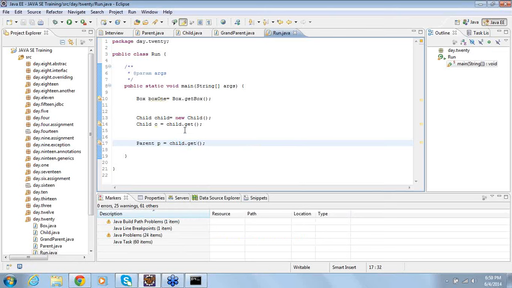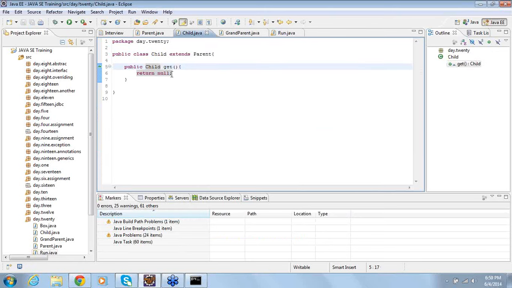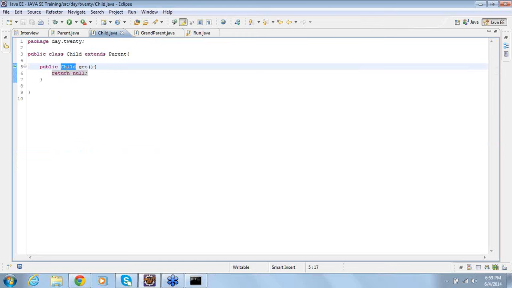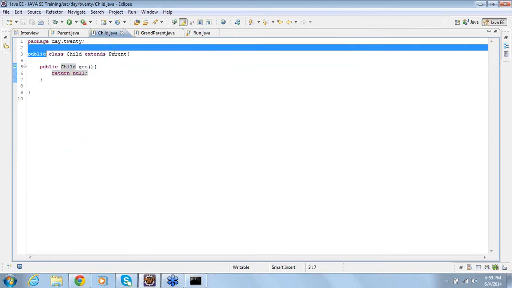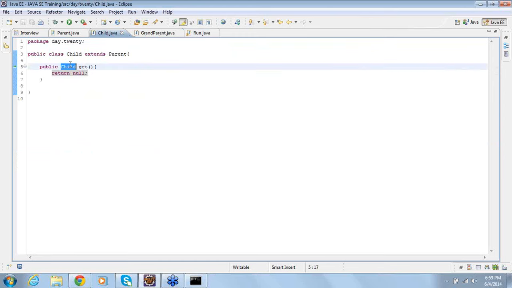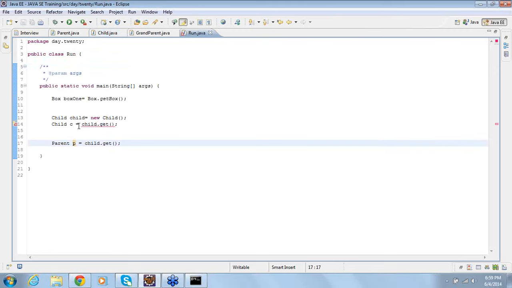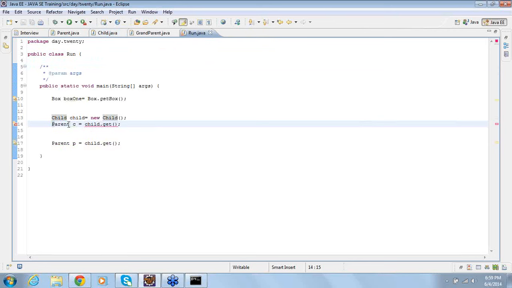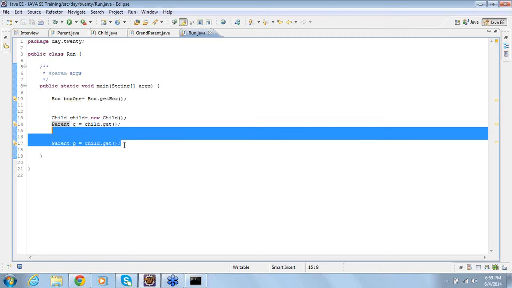You should be able to do this, because what is the return type of this get method? Child. So on the child object you are calling get method, but still you are able to assign it to parent, because the child is a child class of the parent here. So that is the reason while overriding you can ignore this. But here at runtime there will be a problem then. You should hold it to parent reference. So this is not my agenda. I am not interested in discussing this.